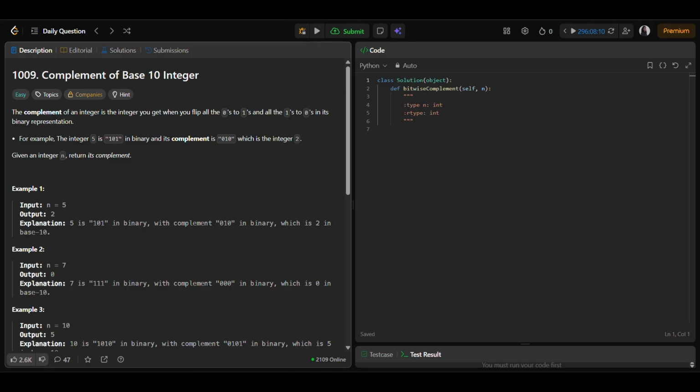The problem here is every integer number is represented in 32 bits, which, for example, let us take the number 2. The binary representation is a bunch of zeros on the front and then 0, 1, 0. So instead of flipping infinite bits, we only flip the bits that exist in the number's binary representation. So instead of converting the number into a binary string and then flipping it, we can process each bit directly